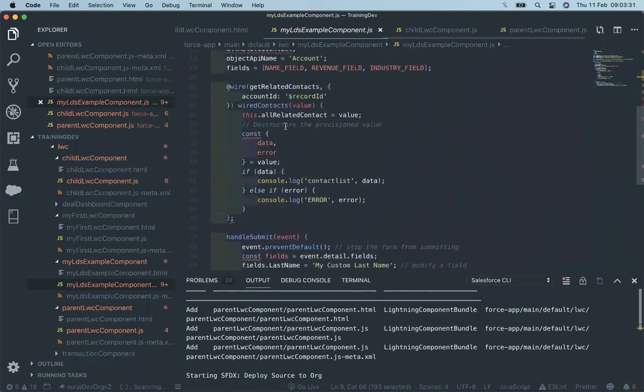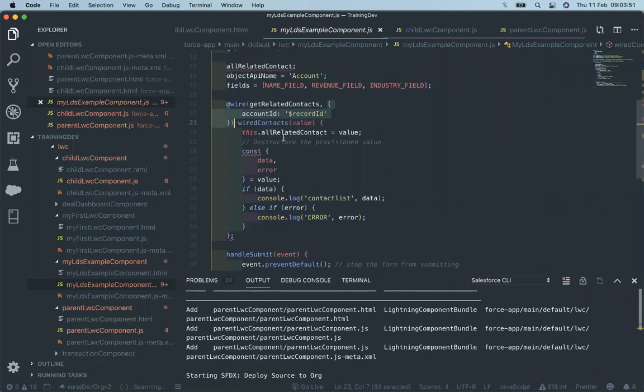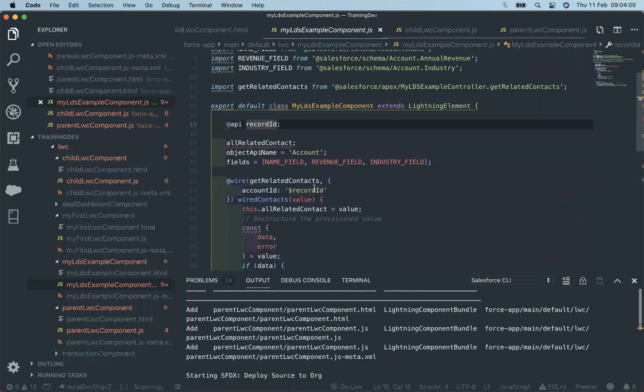And we have also learned how to pass parameters using the wire functionality, because previously we learned how to pass values in an imperative Apex call. That handle thing is called an imperative Apex call, but this is how to pass the value whenever the component loads. If we need to pass the value at the same moment, we have to use this format: in inverted commas and dollar, and thereafter we pass the variable name. We use the variable name with the API annotation.